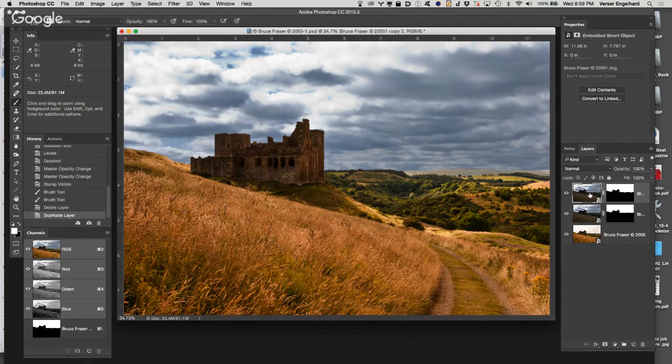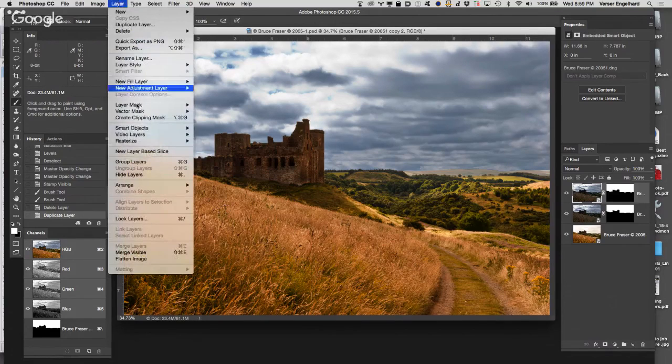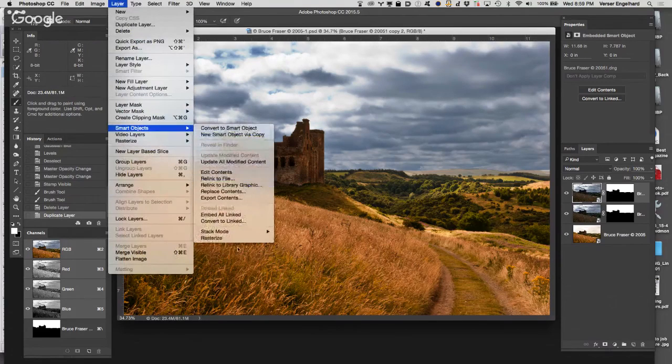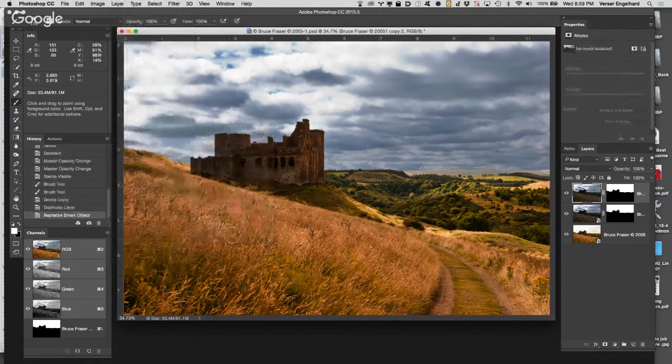However, you can change this guy back to a normal layer. To do that, you come up to this menu again, down to Smart Objects, and down at the very bottom is this thing that says Rasterize. And if you let go, you will see that that little icon disappears. You've now baked this image. It used to be raw data. It's no longer a true clone of this